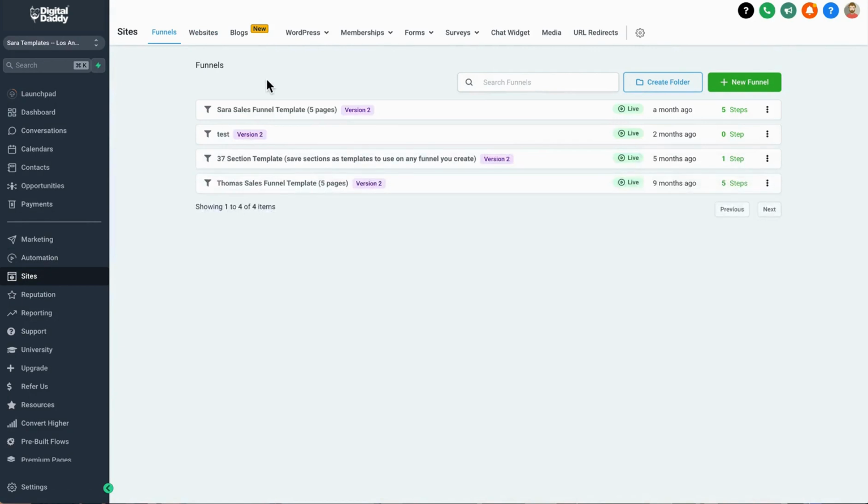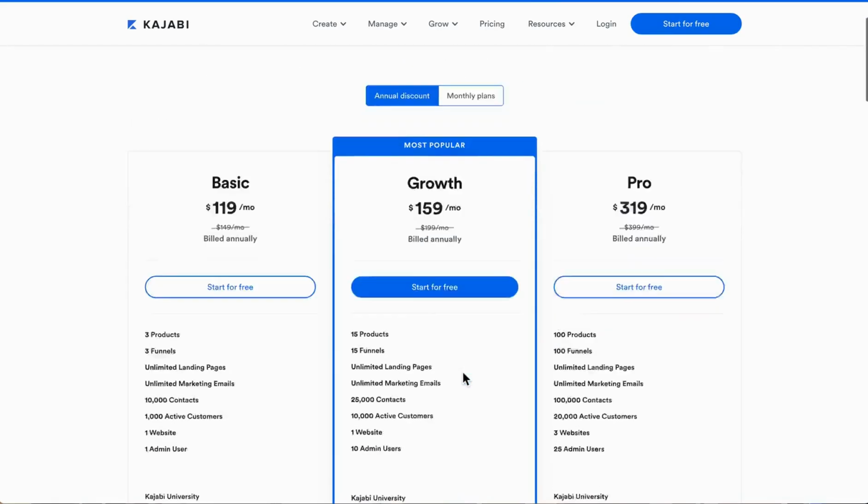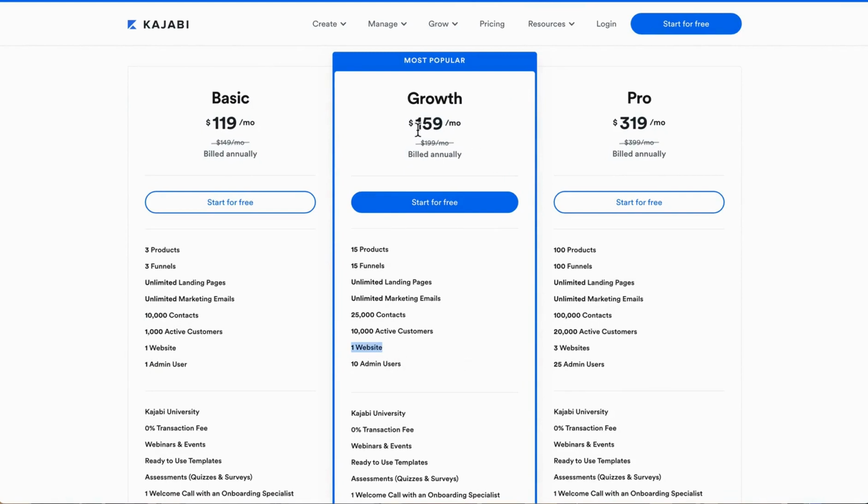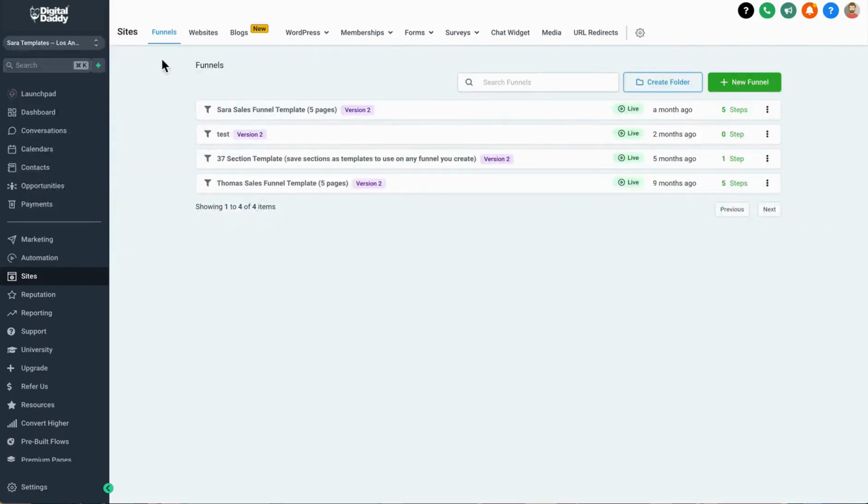Let's move on to sites, which is going to house your funnels, your websites, your blogs, any WordPress hosting, membership courses, forms, surveys, chat widget, all built in here for you. And of course, you get to build, which is unheard of, unlimited funnels, unlimited websites, and unlimited courses. If you look over at Kajabi, for example, one website, they charge $160 a month. Here you can build unlimited websites and